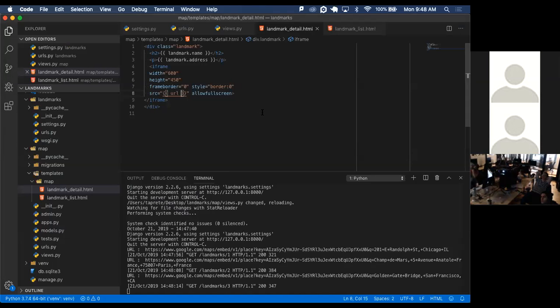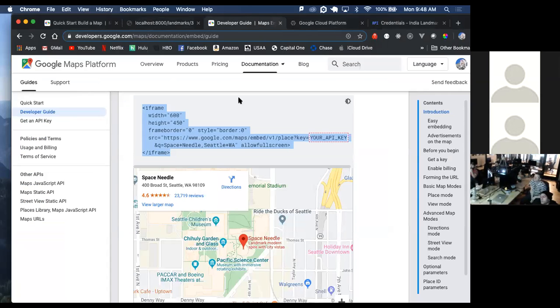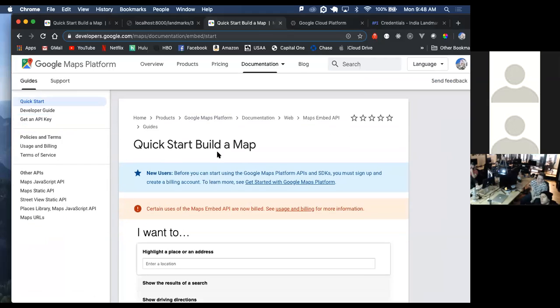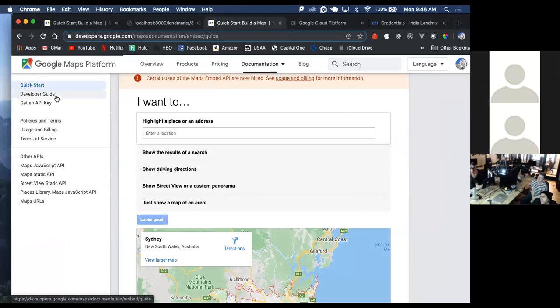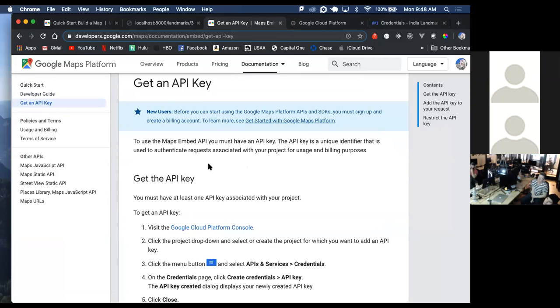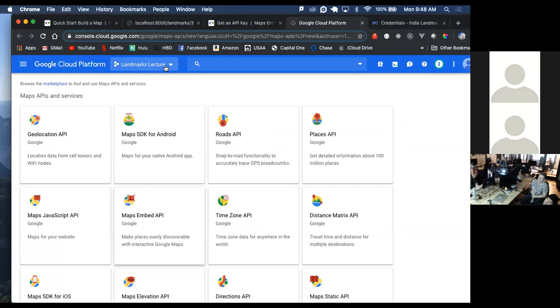So let's recap what we did. We created a simple CRUD app up to landmark list and landmark detail. And now we're incorporating an API. So we created an API using Google Maps, which is all in your lecture. It's pretty straightforward. Quick start guide, come down here, developer guide. To get an API key, it says get an API key. You follow these steps. You have to create a project